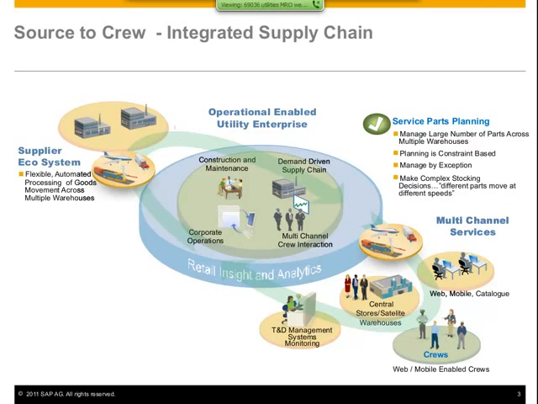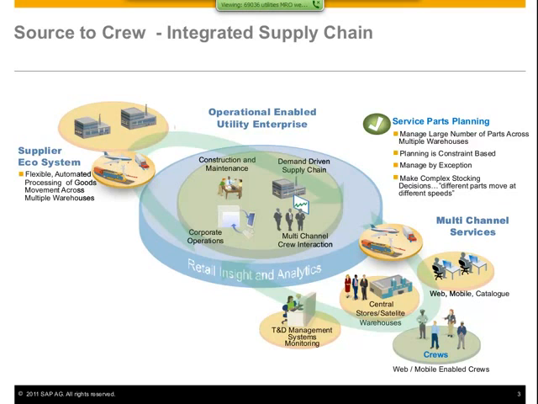So whether you're operating a fleet of nuclear plants or fossil fuel plants, whether you're an electric or gas utility operating and managing a transmission and distribution network, or even if you're a water utility managing water infrastructure, we have the best practices built into our solutions when they're delivered. And at the same time, our solutions recognize the nuances unique to each customer. For example, not every electric utility will plan and operate and manage their supply chain in the same way.